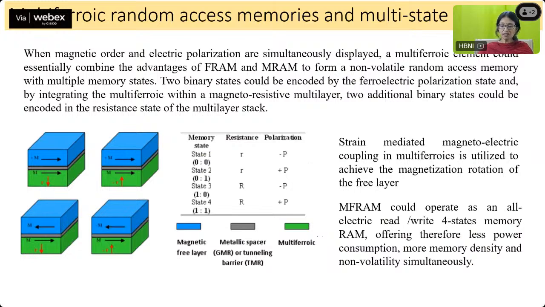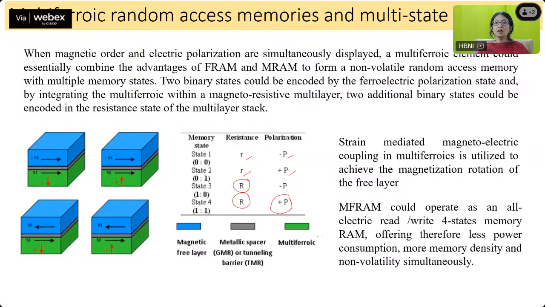So here you can see these different memory states. State 1 is 0, 0, where you have resistance R and polarization of minus P. State 2 is 0, 1, where you have the resistance R and polarization of plus P. Then state 3 is 1, 0, where the resistance is higher, in the other direction, and the polarization is minus P. Whereas state 4 is 1, 1, where both are positive. Okay, so MF RAM would operate as an all electric read write 4-state memory RAM,